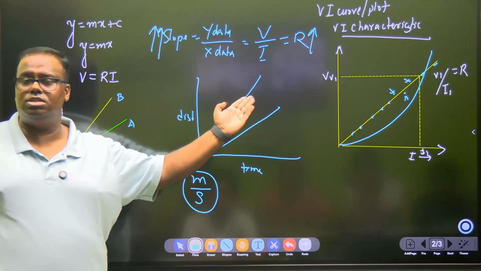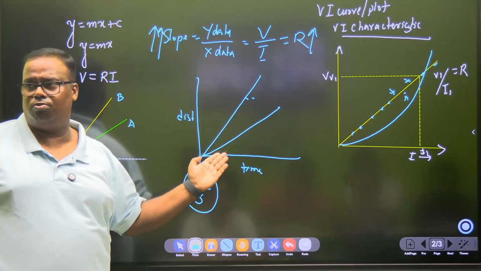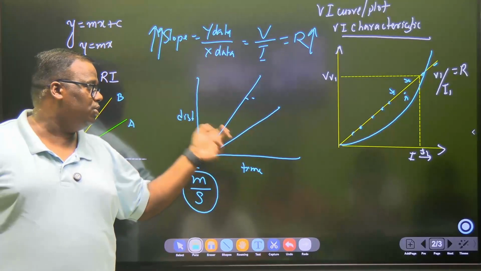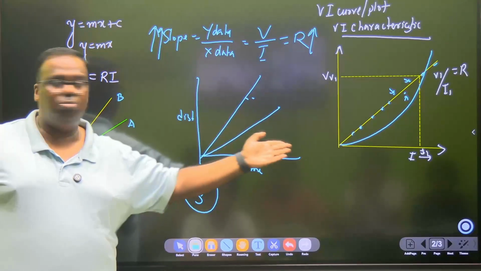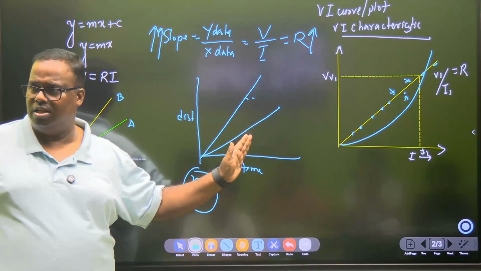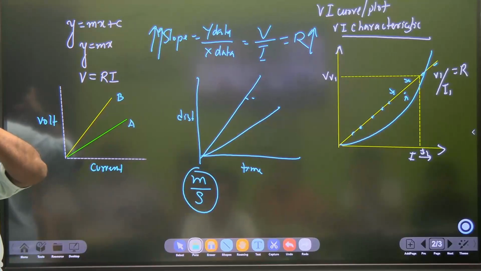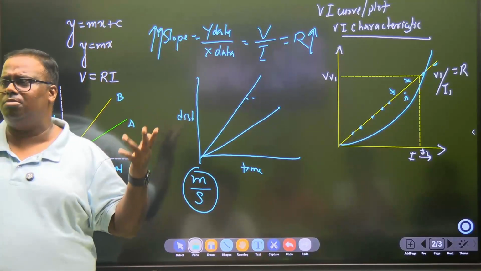Sir, how did you understand this slope is more? Make a baby sit here, he is going to fall down at a greater speed. Slope is a measure of the acute angle that it makes with the positive direction of the x-axis. Is this clear? So in every graph, sometimes we will see a graph of solubility, sometimes we may see a graph of